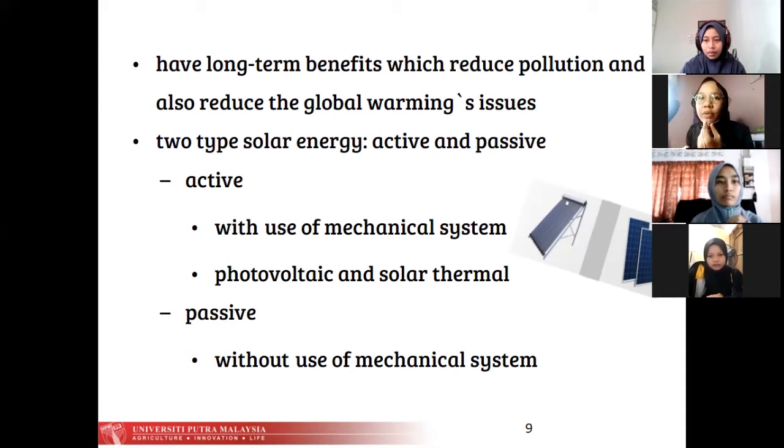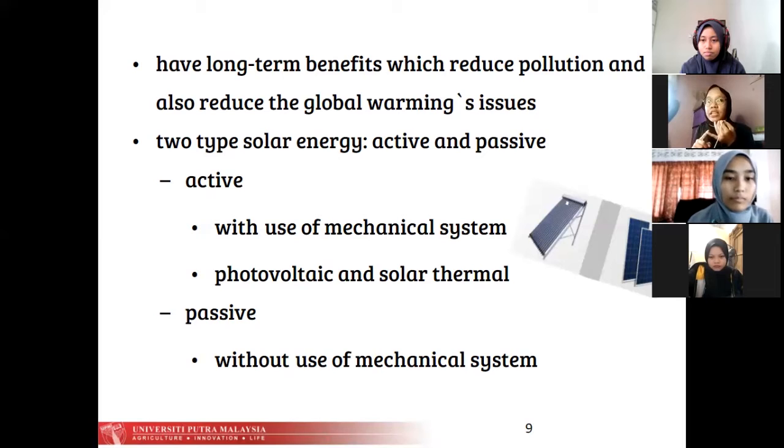While solar thermal will trap the heat from the sun to heat up the water. Next, the passive solar energy will convert the solar energy to heat energy